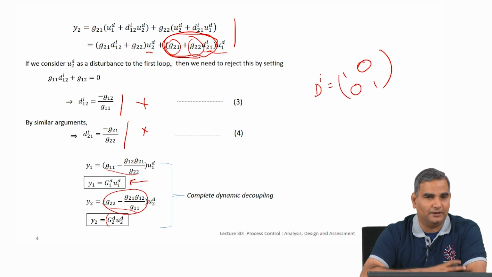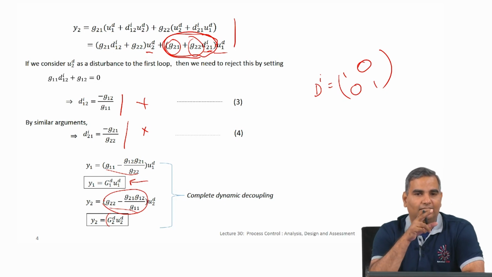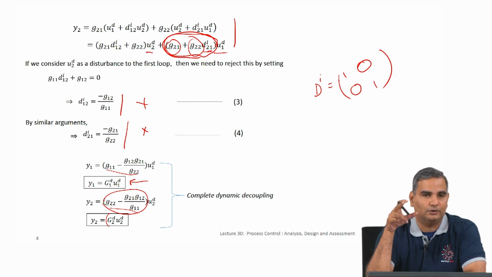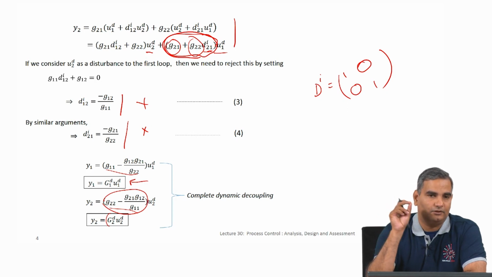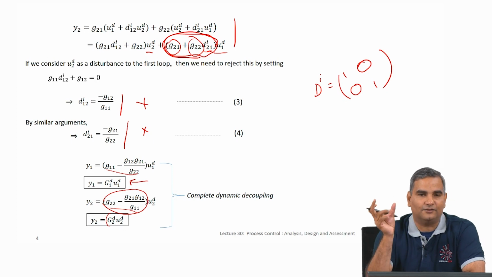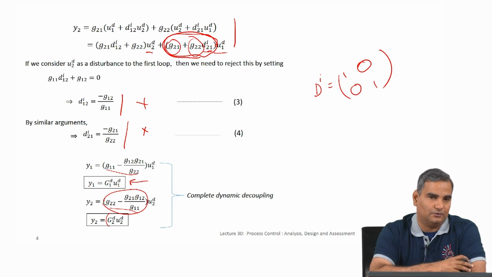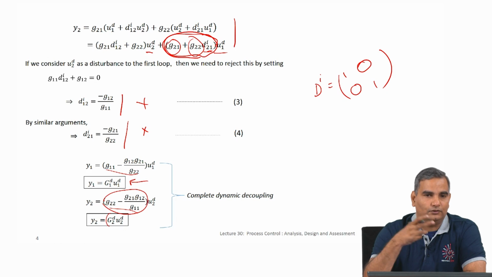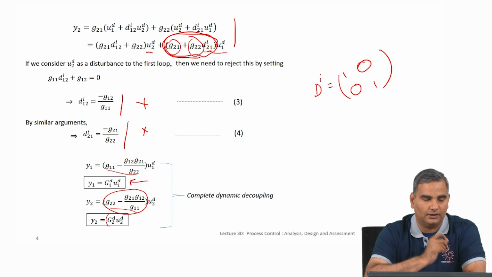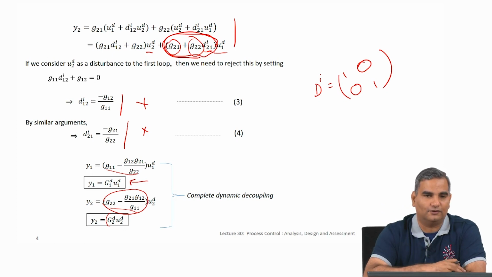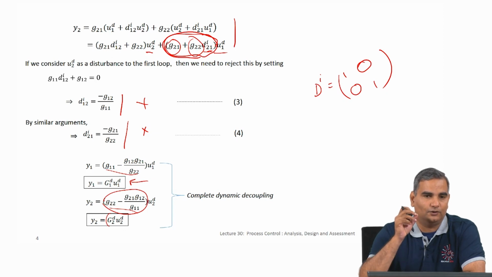When it comes to a 3 by 3, let us say, then y1 will have the effect of u1 decoupled, u2 decoupled and u3 decoupled. So, if you want only u1 decoupled to affect y1, then the transfer functions which are multiplying the u2 decoupled and u3 decoupled you will set them to 0. So, there will be 2 choices there, and then with respect to y2 similarly you will have 2 choices which you have to set to 0 corresponding to u1 decoupled and u3 decoupled, and for y3 you will have to set again 2 transfer functions to 0 which will be corresponding to u1 decoupled and u2 decoupled.